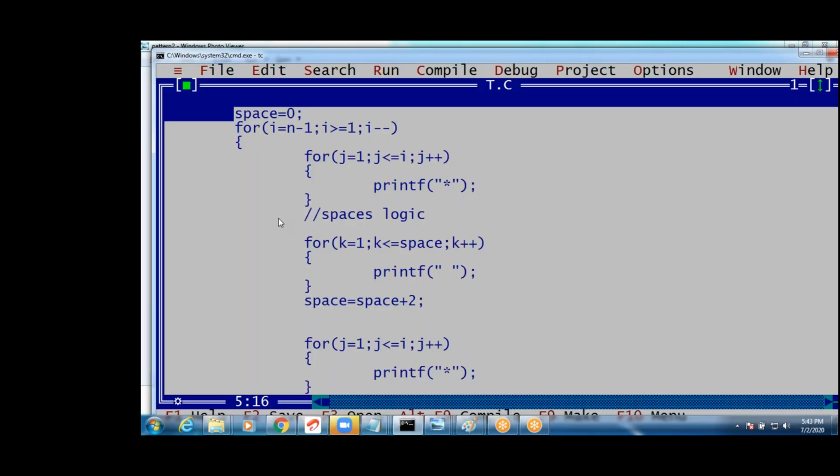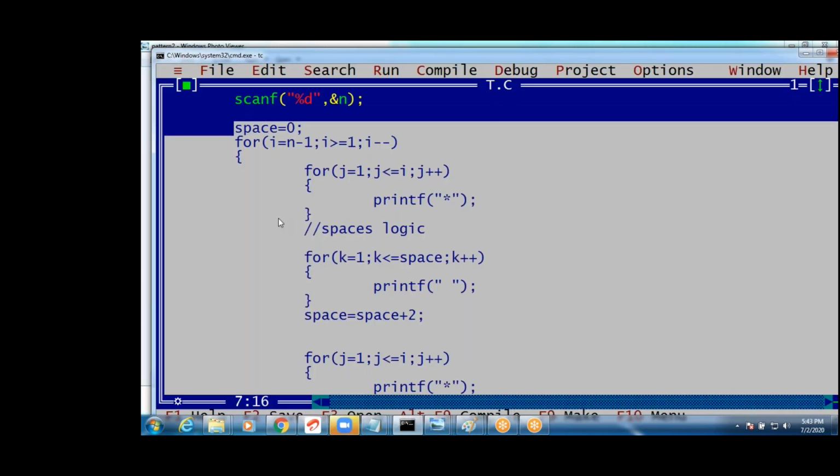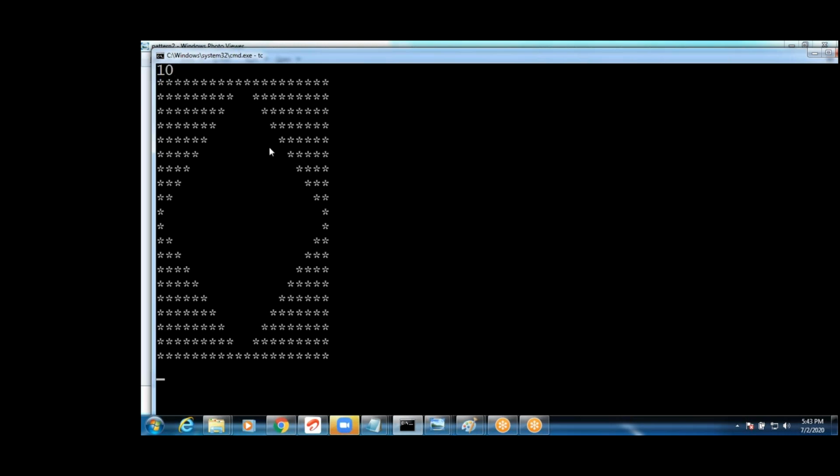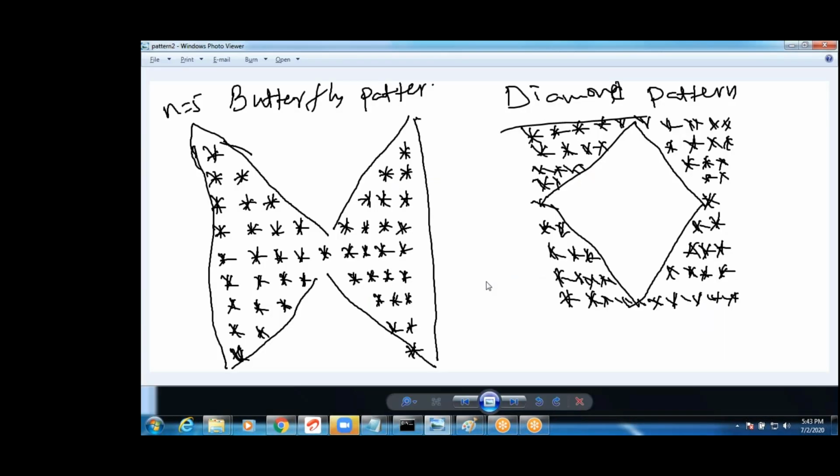Clear, guys? That's it for today. You understood, right? How to write a butterfly pattern, and you can simplify also, guys. Try to simplify. If you try, okay, we may get the pattern also, guys. And also we have different patterns. You can try those different patterns, guys. I have given yesterday, right? You can try these different patterns.